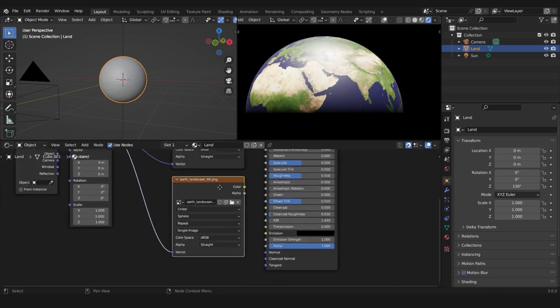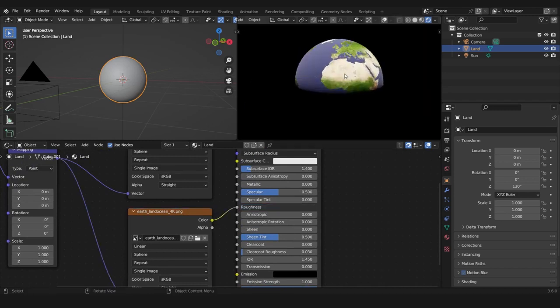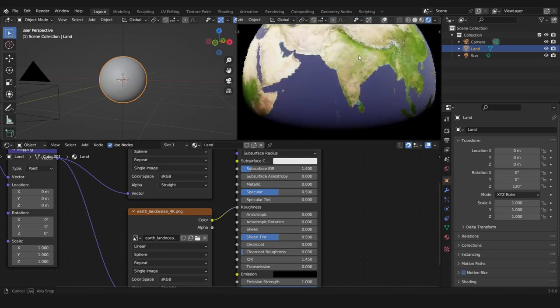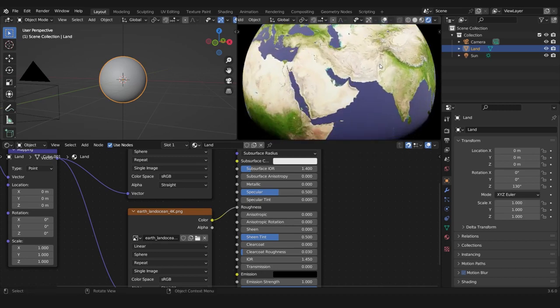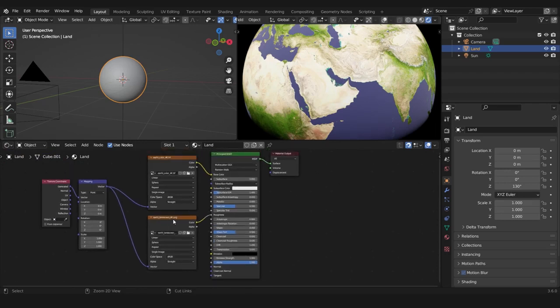And we're going to plug the Earth land ocean into the roughness. So let's take color and plug it to the roughness. And as you can see, something is happening. But surprisingly, it is not the right thing that should happen. Here's why. Another handy shortcut that you can use with the Node Wrangler add-on is Control Shift and click